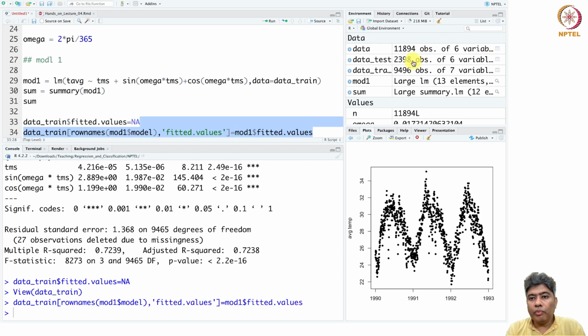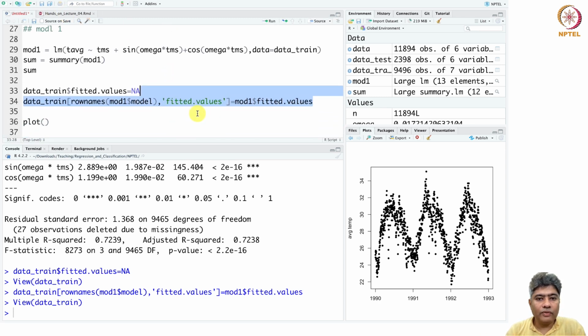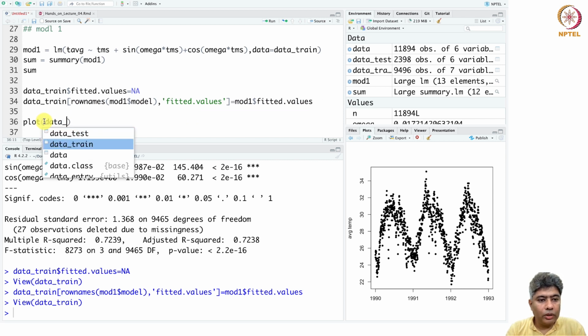So we have taken the fitted values from the model and put them in the train data set. We extracted those values, and so now we can plot the train